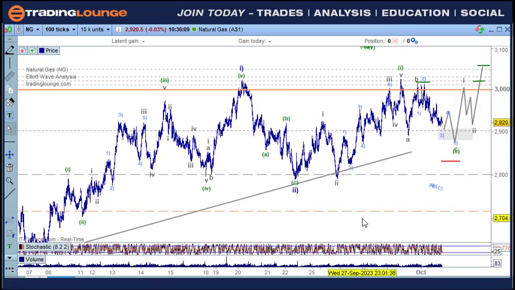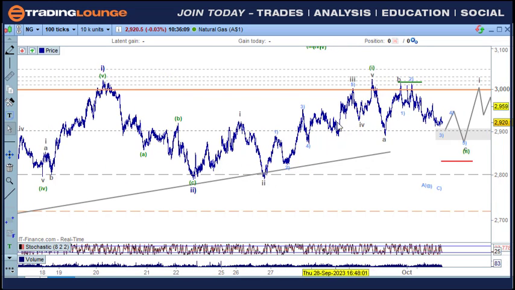And then over here I have to change this around a little bit, so I put wave 1 here and 2 here, then 1, 2, 3, 4, and then 1, 2, 3, 4, 5 for the 3rd, the 4th, and the 5th. I don't particularly like the 5th wave, but it's made a new high.